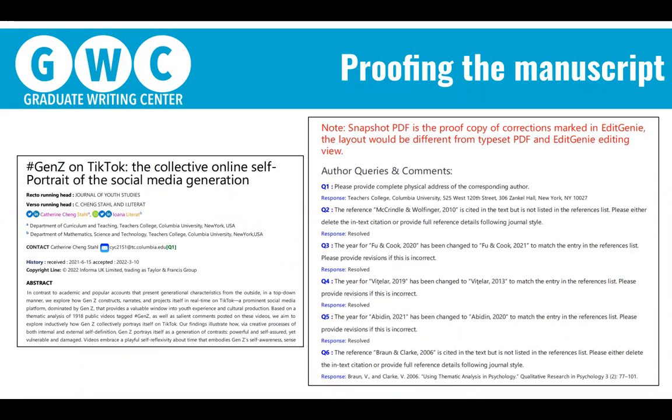Sometimes a year is miswritten. Sometimes you are correct and they made a mistake, but they just want you to double check. So these are usually minor proofs. There might also be some checks of spelling that they want you to correct.